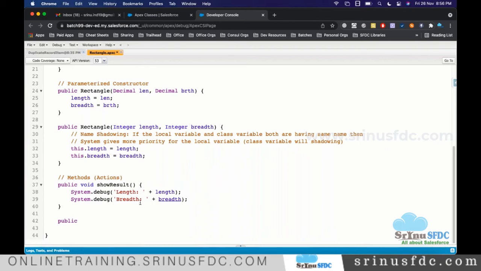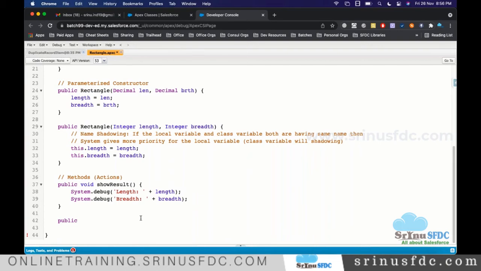After executing the logic, I'm expecting the result of the area in return, so that I can pass that information to some other method or statement. In those situations, we have to mention which type of data you are expecting in return.